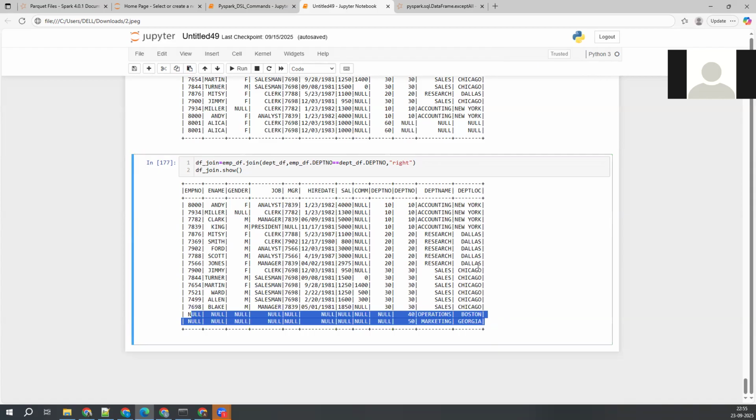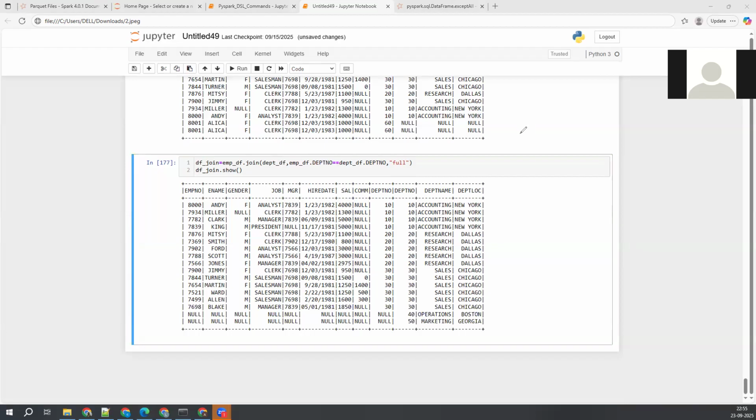Anyway, next is full outer join. I'll simply write full here. What will happen in SQL if you perform full? It will give all records, all records from the left side table and all records from the right side table. No, it is not like that, guys. Always remember, full outer join is nothing but the left outer join output